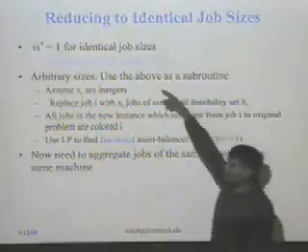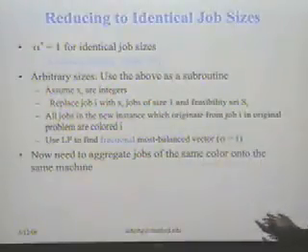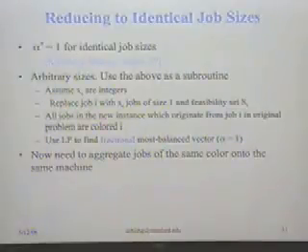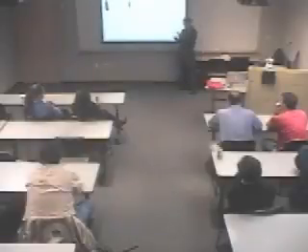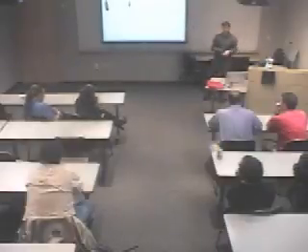The first thing to do is to reduce this to identical job sizes. If job sizes are identical, then Kleinberg, Rabani, and Tardos proved that alpha star is 1. Someone asked this question earlier: the only time you can have alpha star equal to 1 is when everything is symmetric. Here that's not true. The problem is not symmetric because job A might say I can only go on machines 1 and 3, and job B might say I can only go on machines 2, 8, and 10. So the set of constraints is not symmetric, and the solution you end up getting is not going to be symmetric. If there are 20 jobs which can only go on machine 1, it will have a large load. But you can still obtain alpha star equal to 1.